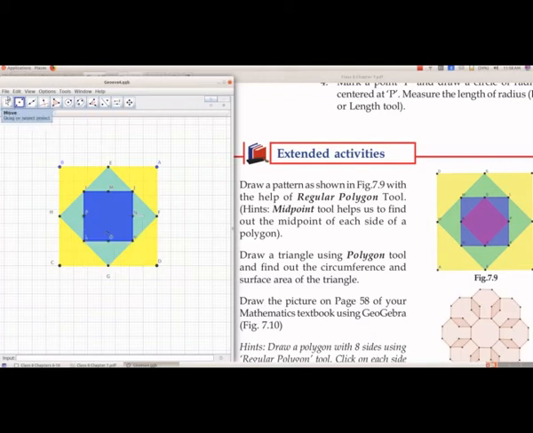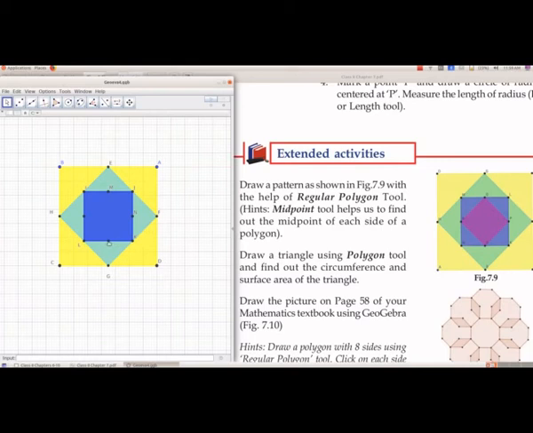We will move the points outside. So from group 1, we will select move. Then we will label the midpoints.